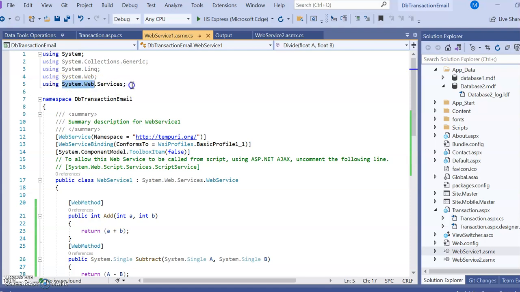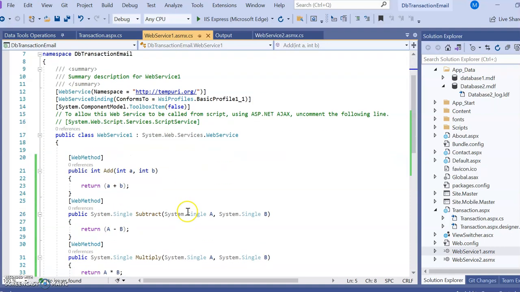This namespace is very important, and it is required to use the services and the different classes of System.Web.Services. We have seen some properties of web services such as cache duration and enable session. We have also seen public classes like the web method attribute and the web service class. These classes are included in this namespace, System.Web.Services. So simply add this one.